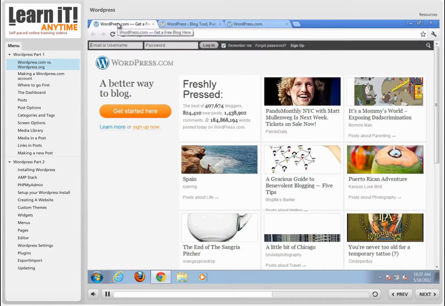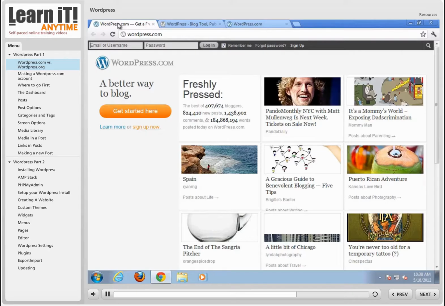Whereas if you go to WordPress.com, it's easier, simpler, much more free, but you have a little less control over it. It really depends on what you need from WordPress. If you just want to set up a simple website and you just want to get a weblog out there, you just want to talk about things, then you don't need as much control or functionality, and so WordPress.com is